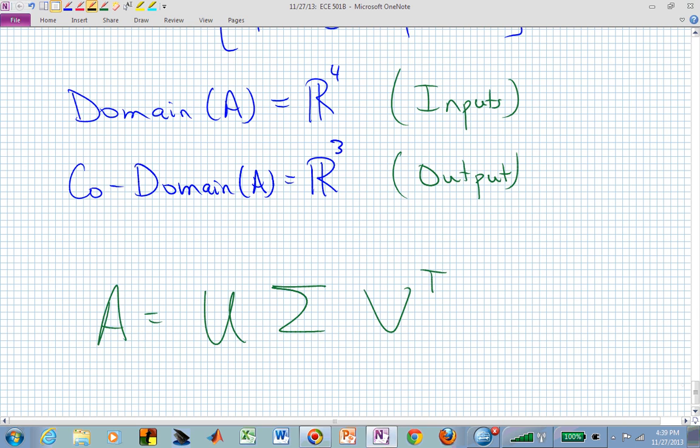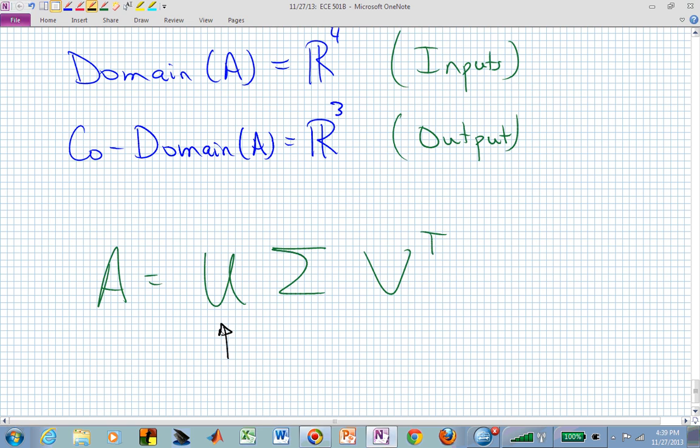The columns of U form orthonormal vectors, and they form a basis for the codomain, R3. So this is a set of orthonormal vectors. That's U. The columns in V are similar in that they are also orthonormal vectors, but they span our domain, a 4-dimensional space. And sigma